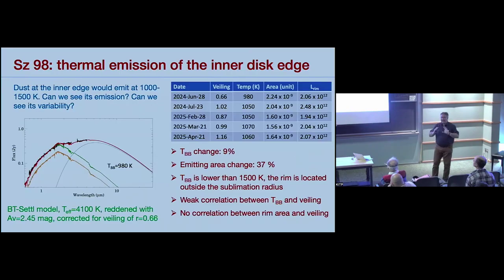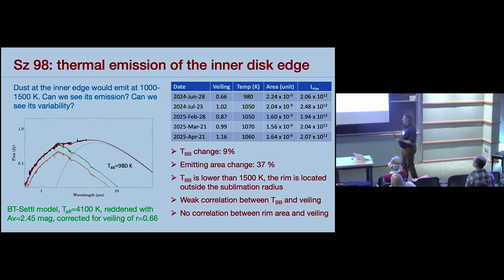Okay, if we have a star which is variable because of variable accretion, now we know that there is dust material, there is a dust wall around it. This dust, which is variable anyway, must also emit, since it absorbs the starlight, so we should see its emission. Can we see it? Yes, we can.